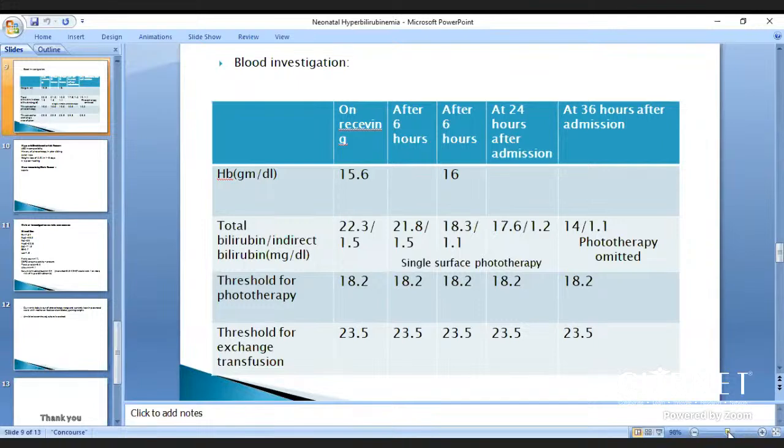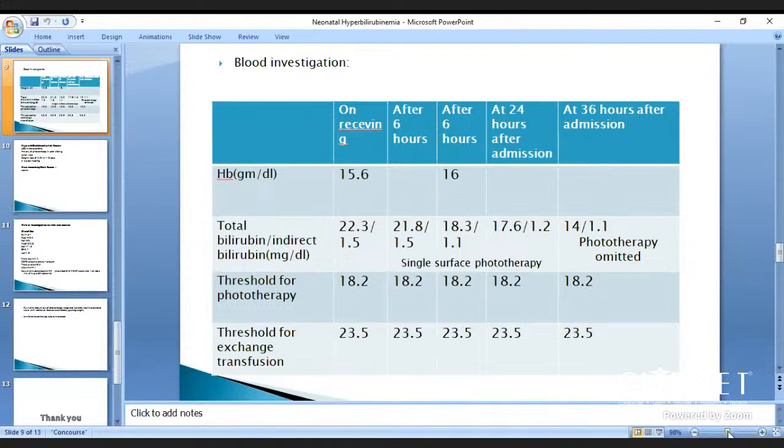Which is near exchange threshold, so we continued with a double surface phototherapy. After 6 hours, we again repeated bilirubin, which shows 21.8 milligram per deciliter, with a reduction of 0.5 milligram per deciliter in the first 6 hours despite phototherapy, with an exchange threshold of 23.5